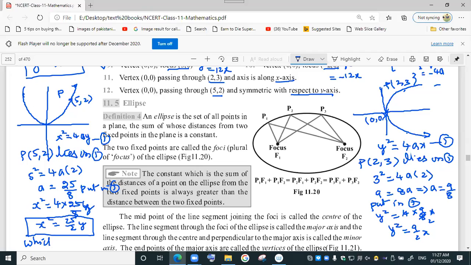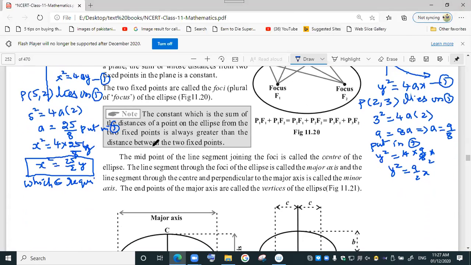This is the required equation of the parabola. This is all about